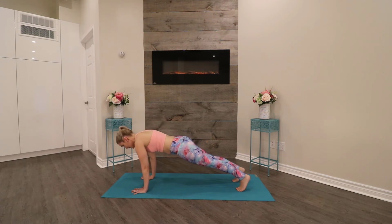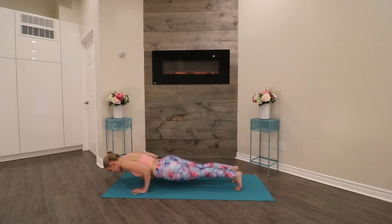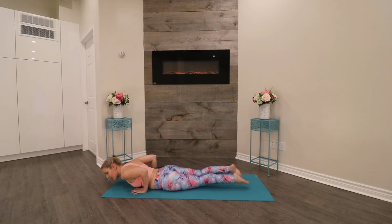We're going to exhale and lower to our low push-up. So bending the elbows, keeping them in towards the body. And you want your elbows to kind of be bent at 90 degrees. And if this is too much, just drop the belly down. You don't have to hold yourself in that hover position. So find what feels good, lower down, point through the toes, engage your glutes. We're going to lift forward to our